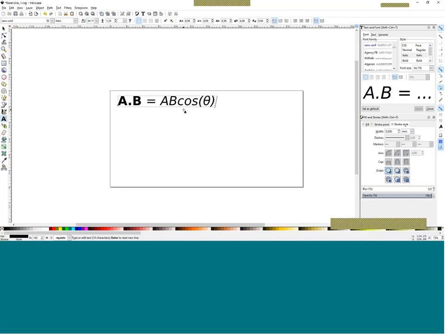Cosine. This is the rudimentary rule. Just take it as is. Don't think too much about what it's trying to say. To perform a scalar product, this is what you'll require. So if I give you two vectors, and you know this rule, you know the angle between the two vectors, you're pretty much ready.